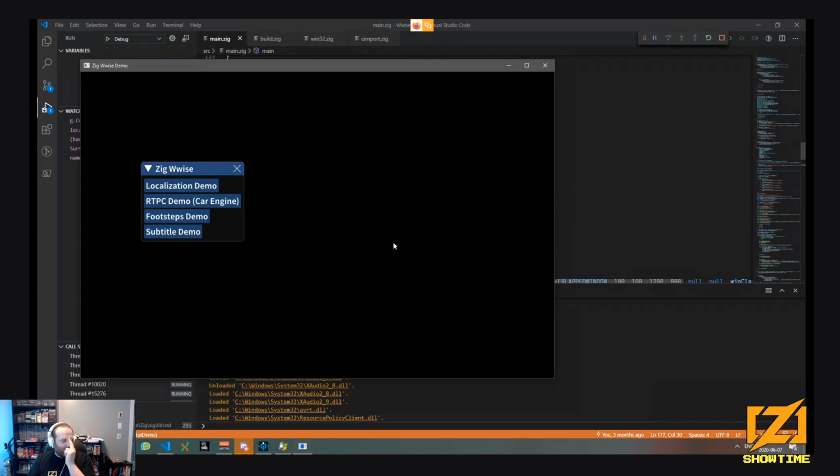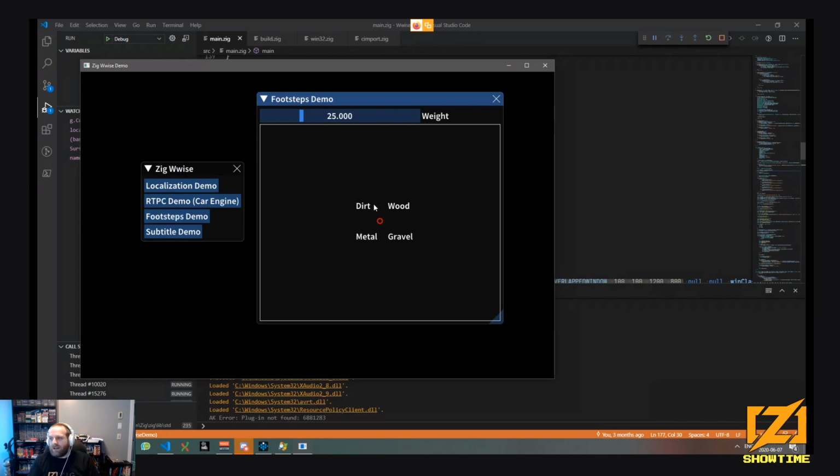And there you go. The third demo is a footstep demo. Wwise has the concept of objects in a hierarchy. You can define, okay, I have a single event called play footstep, and the game can tell it, I'm on grass, on wood, on metal, on gravel, and depending on how you configure your sound in the authoring tool, it will play different sounds.